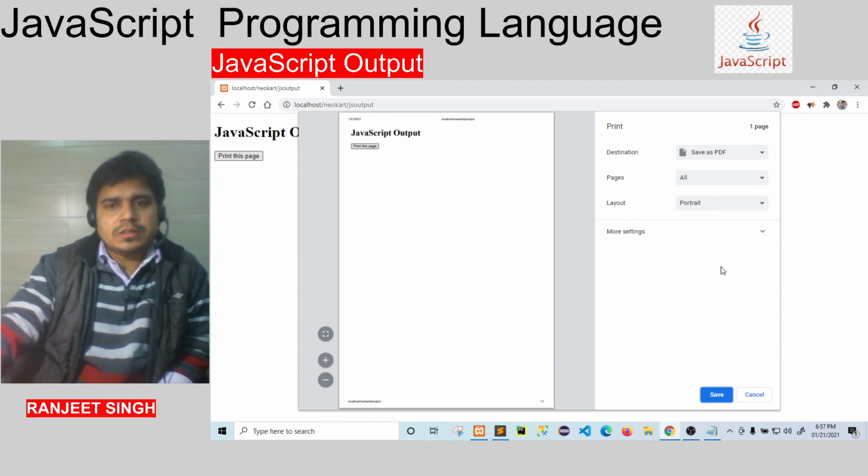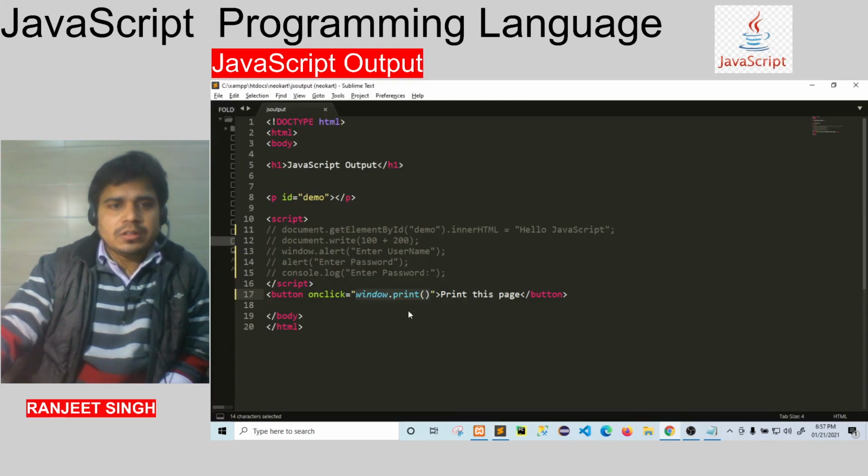You can see here an HP printer, and you can print. So in this way you can print by using the window.print method, which prints the current window.